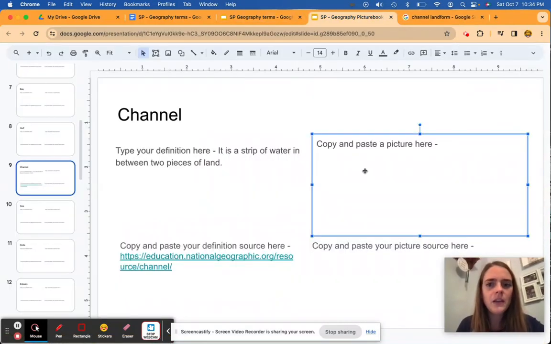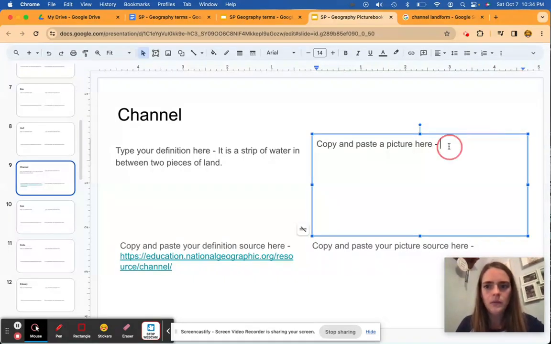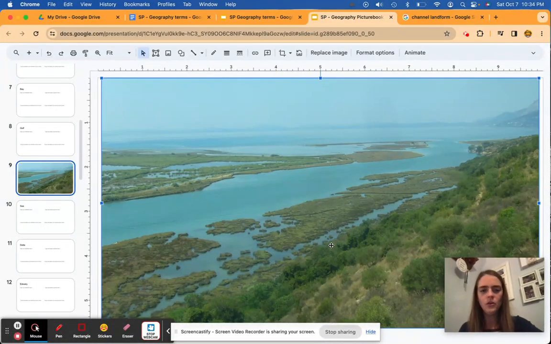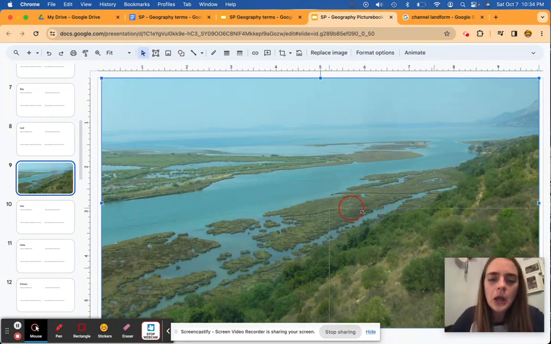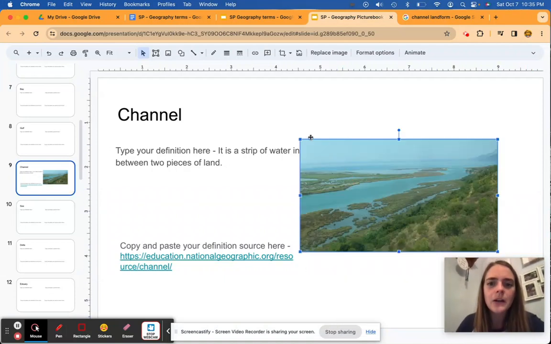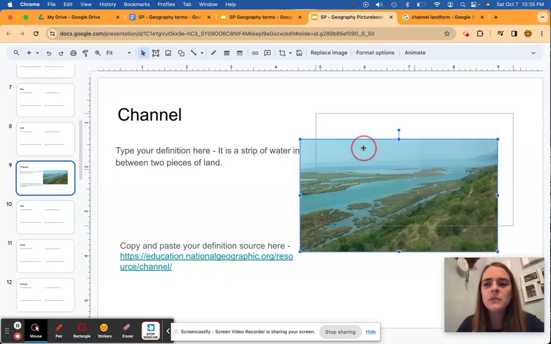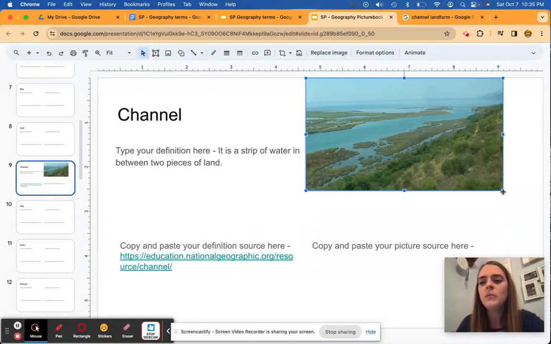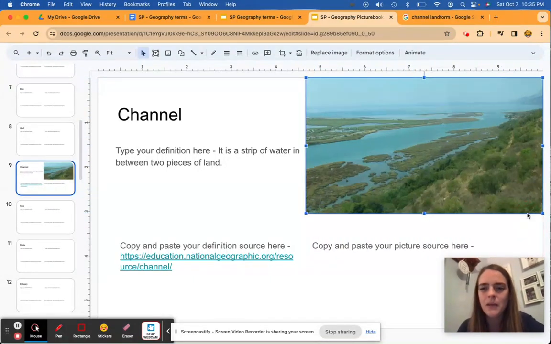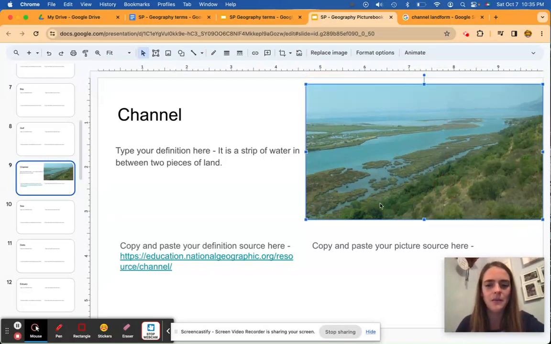I'm gonna go back over here. I'm gonna go ahead and click enter again to give me some space, and control V will go ahead and paste it. Oh my, it's huge, right? The channel is taking over, right? Remember, all you got to do is click up here and drag it to try to make it smaller. And then I can move it around. If you want to go ahead and just completely cover up that thing that says copy your picture here, you can. If you want to move some of this stuff around, make it bigger, make it prettier, that's totally fine. This is up to you.